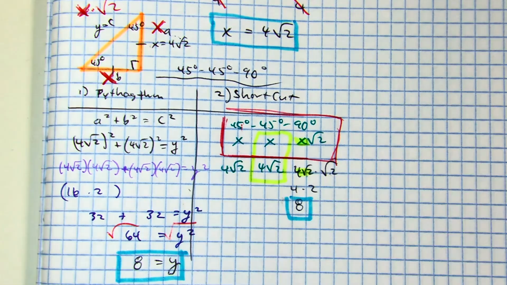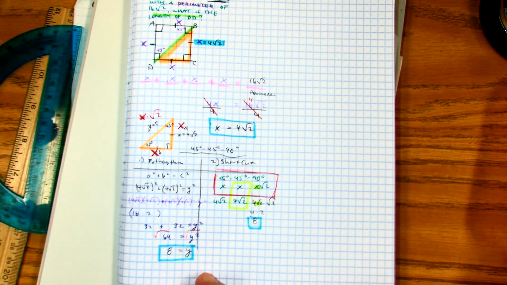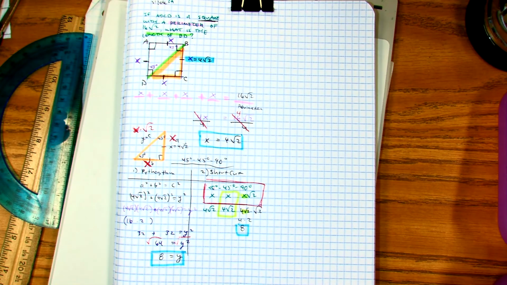So what was hard about that problem? I didn't give you a picture. You had to figure out the side length based off the perimeter, and then you can use that to find the